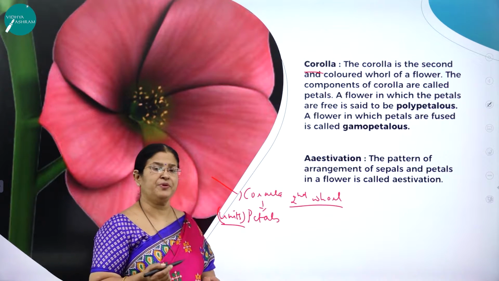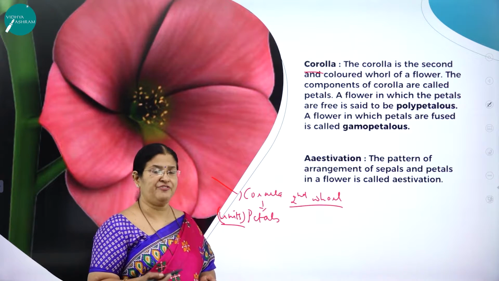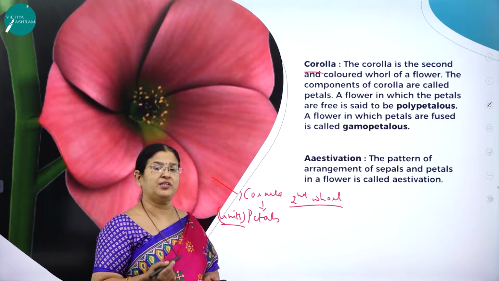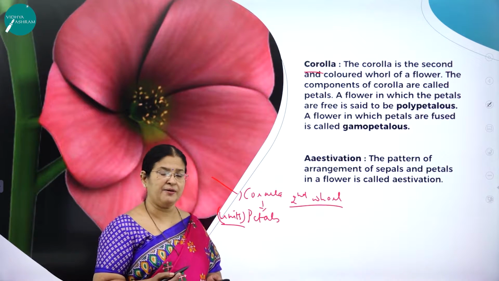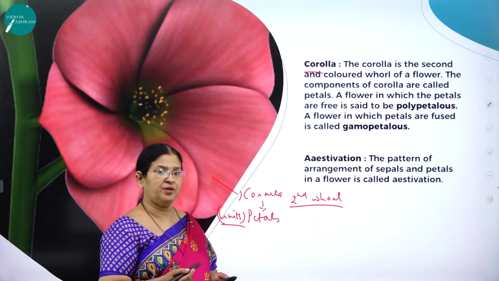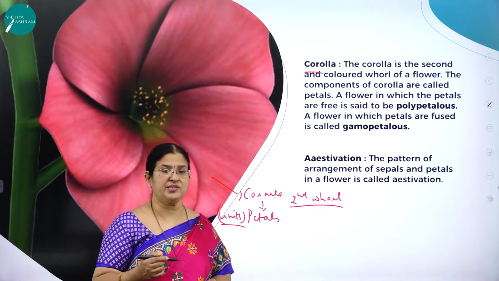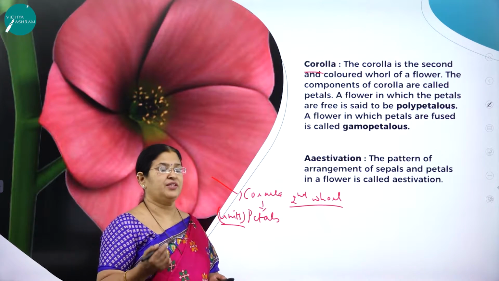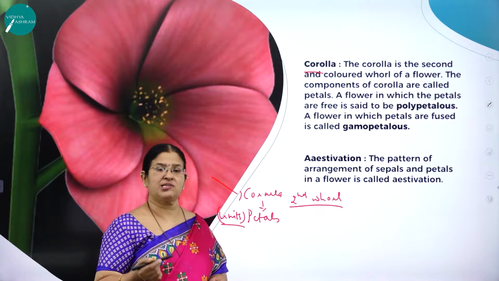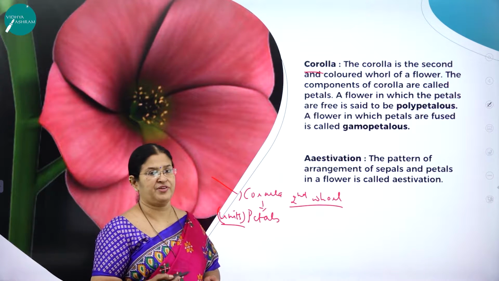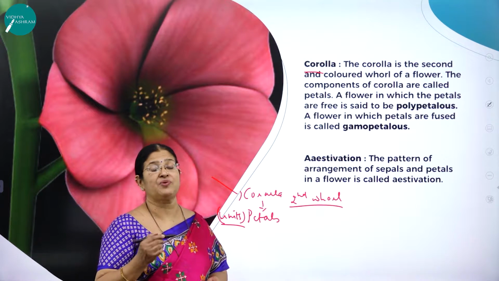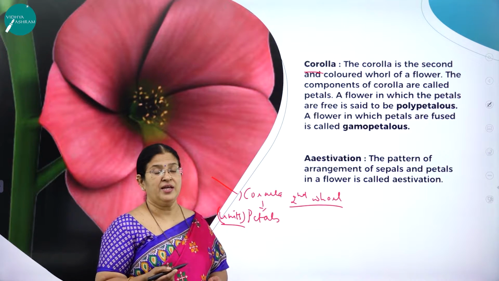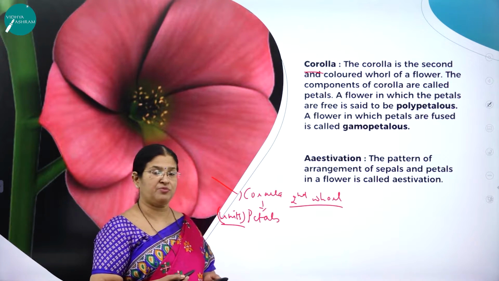An insect visits a flower only if it is benefited. The reward the insect is going to get is the nectar. The sweet of a flower is called nectar. When they come and sit on the flower, obviously the pollen grains stick to their legs, and when they visit another flower, they dust their body, or by chance the pollen grains fall on the stigmatic surface, and the process of pollination will take place, as you already know. So for that reason, to attract the insects for pollination, the flowers are brightly colored, and the sweet scent, the sweet smell that the flower emits, is also one means of attracting the insects for pollination.